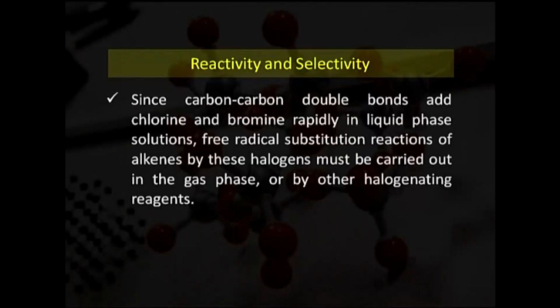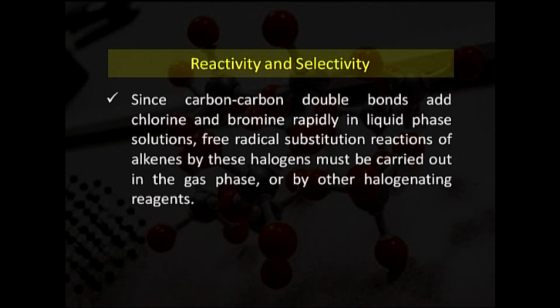So, if we see in alkenes this property of reactivity and selectivity, carbon-carbon double bonds add chlorine and bromine rapidly in liquid phase solutions. Free radical substitution reactions of alkenes by these halogens must be carried out in the gas phase or by other